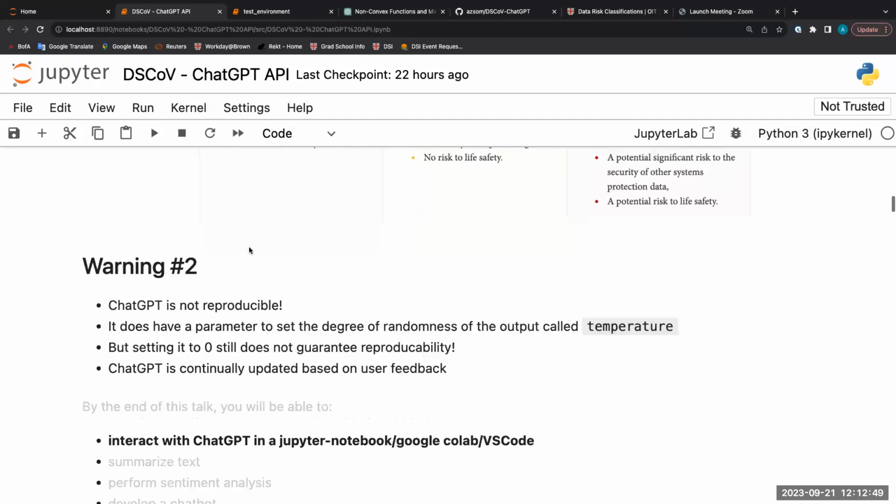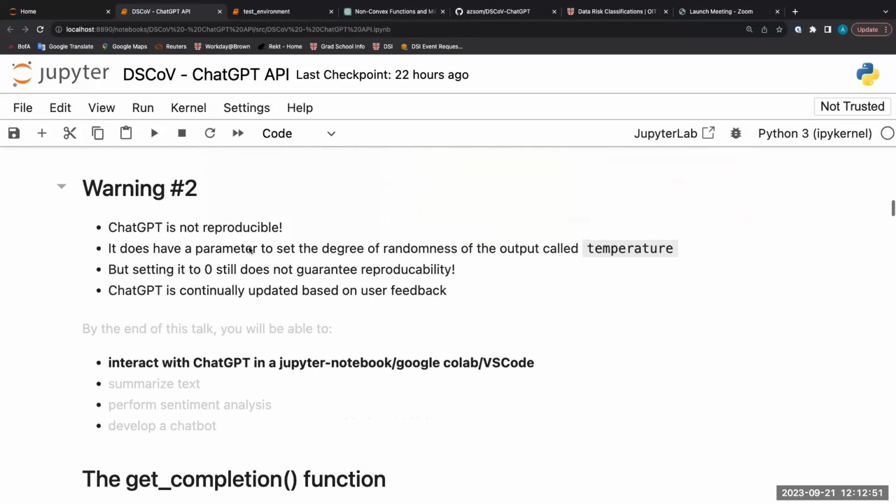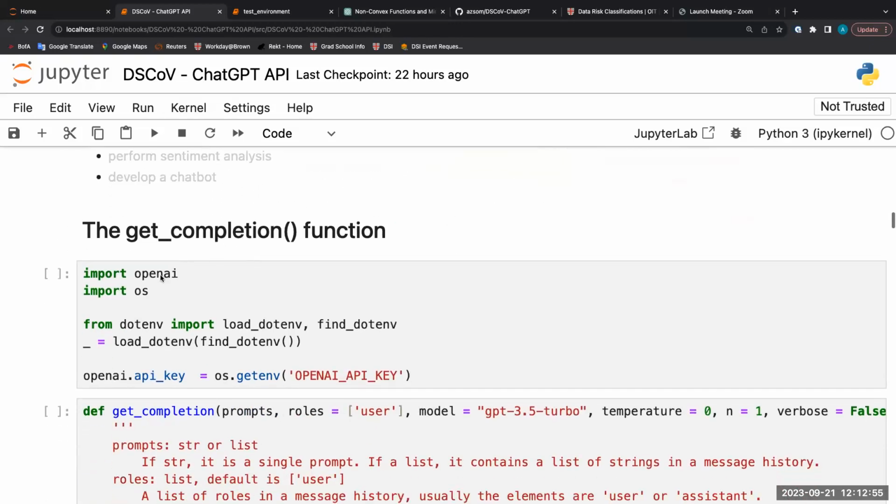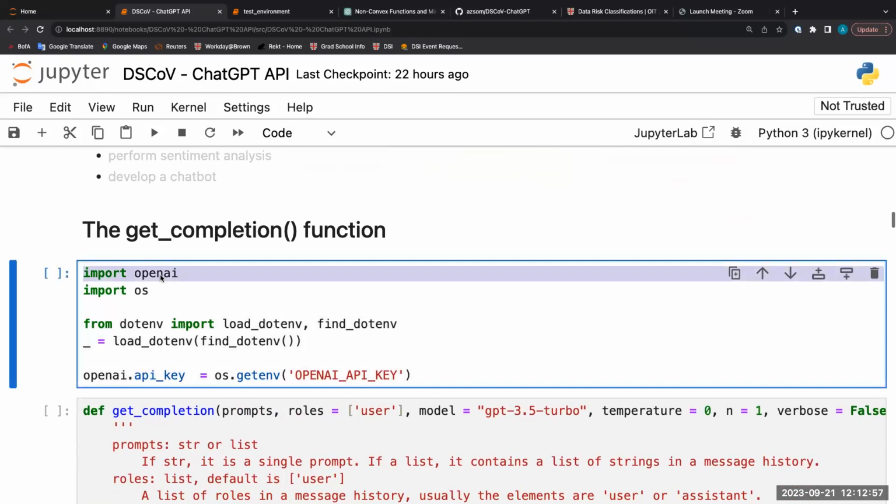Okay, then I move on to the next one, how to interact with ChatGPT in a Jupyter notebook. So first you need to install the OpenAI package, and you need to get an API key from OpenAI. And the instructions to do that are in the GitHub repository of this seminar talk.